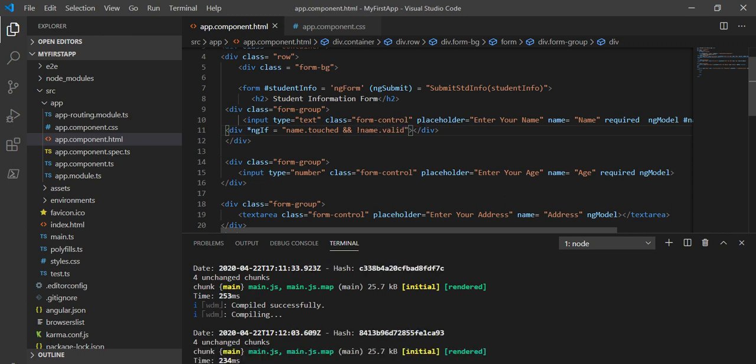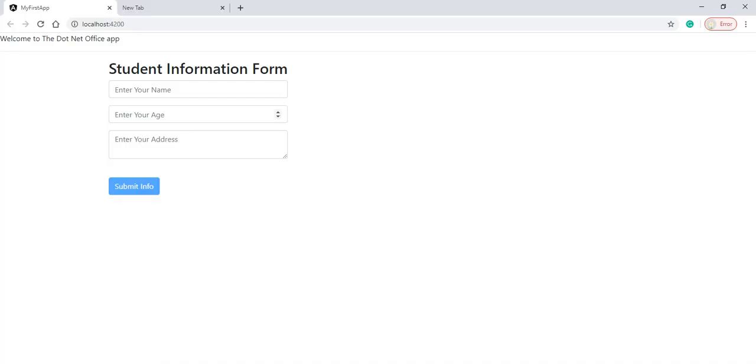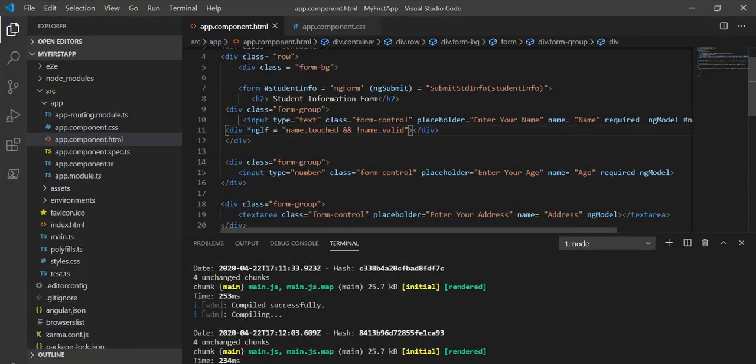What does that mean? We have clicked here but didn't enter anything, which means it is not valid. If it is not valid, then we will show an error message like enter name.